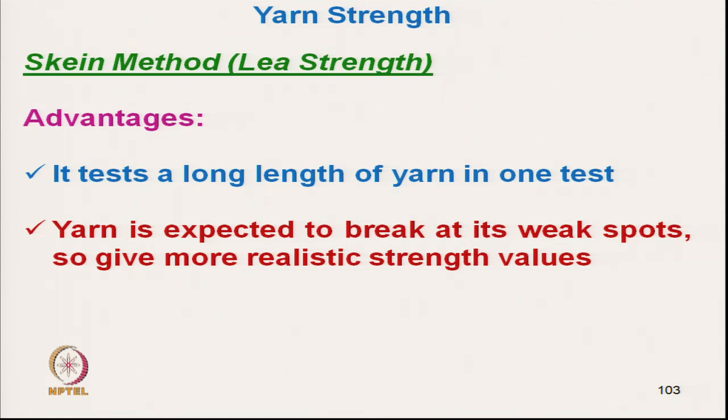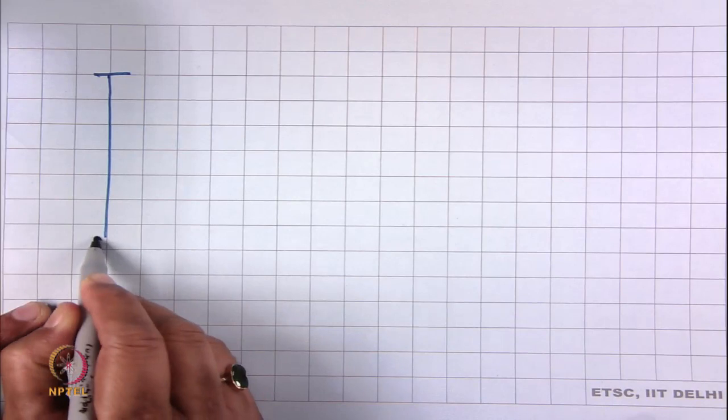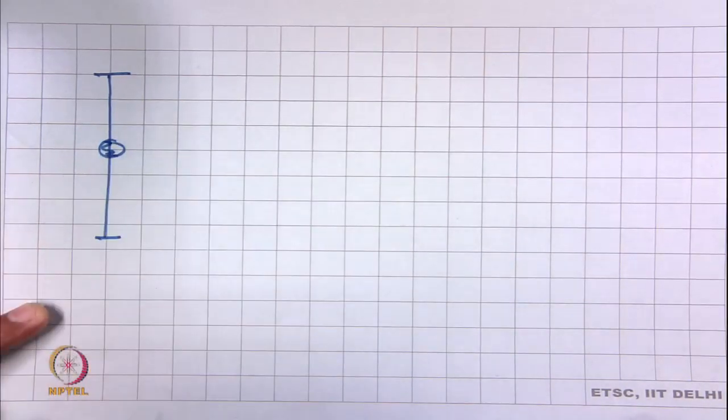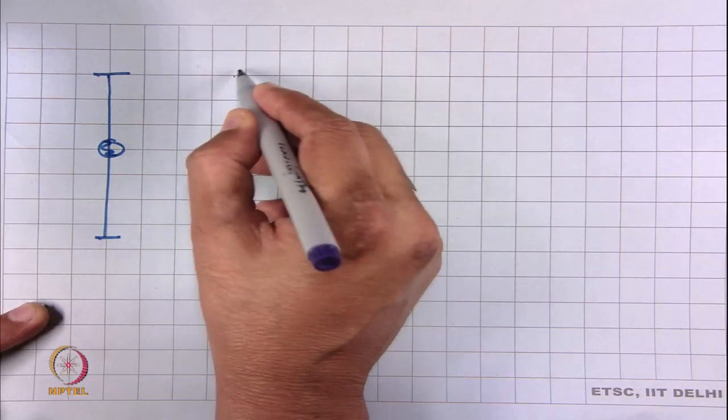But once it is in lea form, a continuous lea form, it will start breaking at different points. Suppose it is a single yarn strength, so it breaks at this point, but if it is a lea,